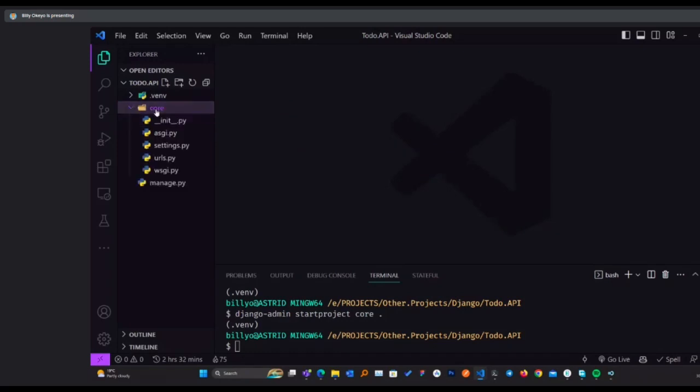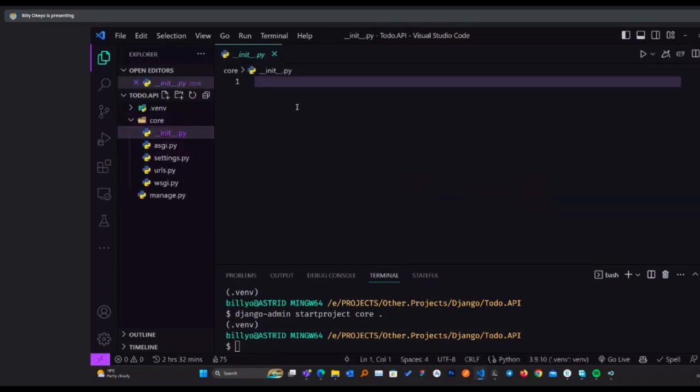Then coming to our core folder, we have __init__.py. For those who have interacted with Python, you know that anything with double underscores init.py is trying to tell Python to treat this as a package.